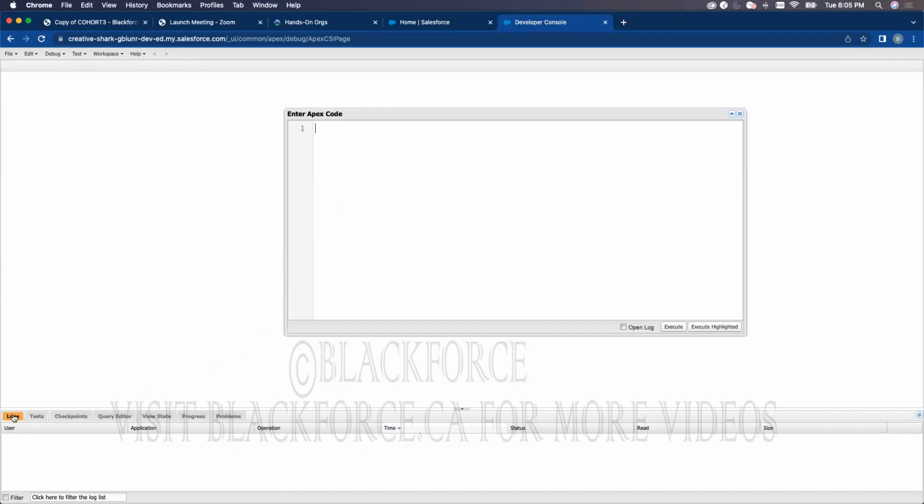And you also have the logs, whereby if you run your code, you can check the logs. If you want to open the logs automatically, you click on open log, and anytime you run or execute your code, the logs will run automatically. We're still going to go into test, query editor, and the likes, but for now, let's focus on variable declaration,